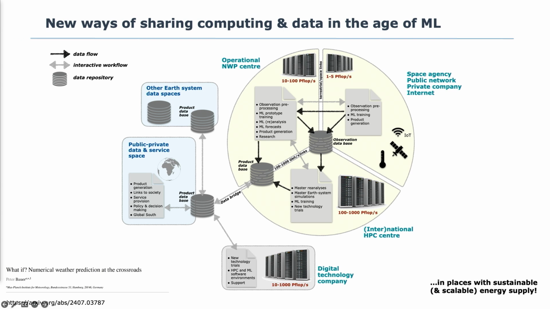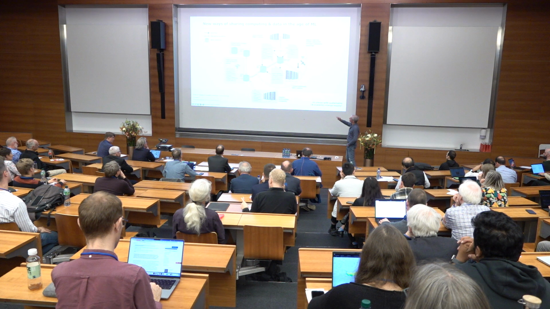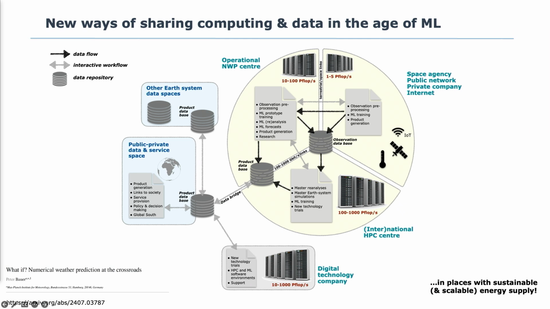Which brings us to something like this I've been thinking about for a while, which goes a bit into the direction of what Thomas said earlier. It shows how a future collaboration between operational weather prediction centers, which is the top left third, HPC centers like CSCS, and space agencies that provide observational data could look like. It is probably too cumbersome to explain, but one main change to what we have today would be that a lot of the expensive runs that we presently do in numerical weather prediction will not be affordable anymore to do at home. We usually buy our own machines, but they will be done by places like CSCS or